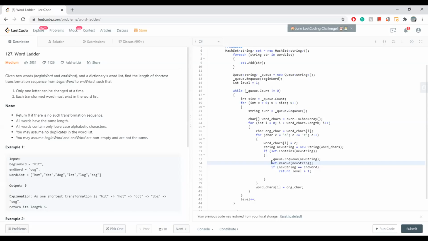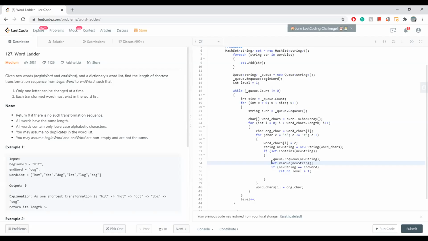It can be revisited, but the problem we are trying to solve is the shortest distance. So if you have seen it, you don't want to visit it again, although there is some other path you are reaching it by. Technically, if you want the smallest path and you have seen it, that's what we did. And it's a level order traversal. You're going level by level, and the question is to find the shortest, the minimum level.